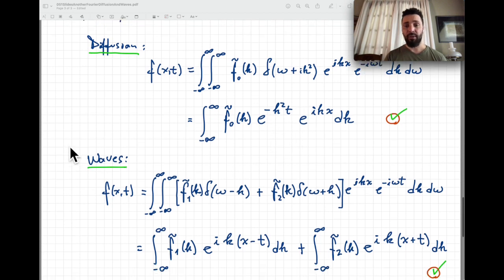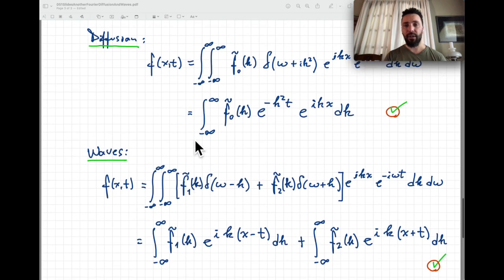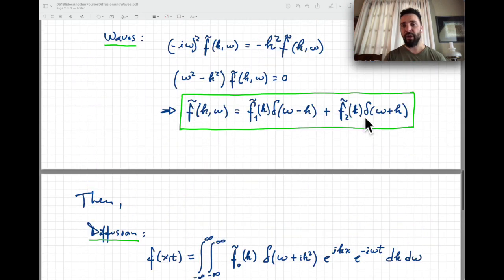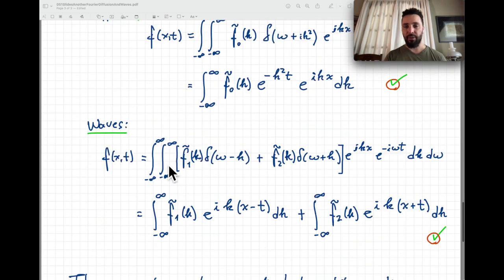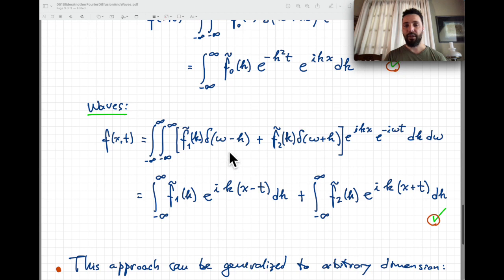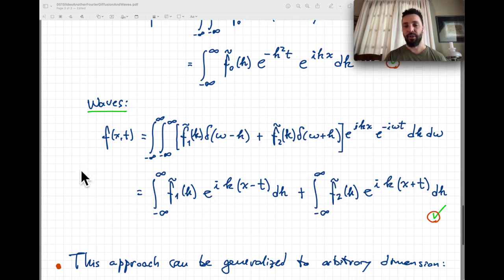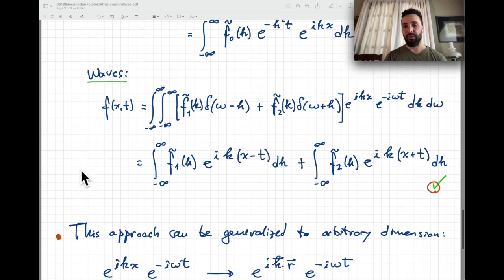On the waves side, we insert our solution that I wrote here in terms of f1 and f2, saturating at omega equal to k and omega equal to minus k, and you carry through the same process, and then you obtain a piece that moves to the right and a piece that moves to the left. And so then you do the integral over omega first, and that saturates at omega equal to k, and the other one at omega equal to minus k. And so you obtain these two integrals separately, which capture the two possible directions in which the wave can move